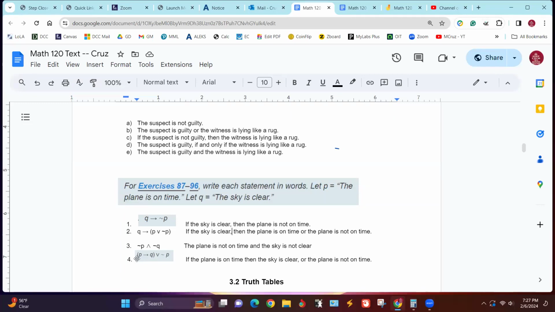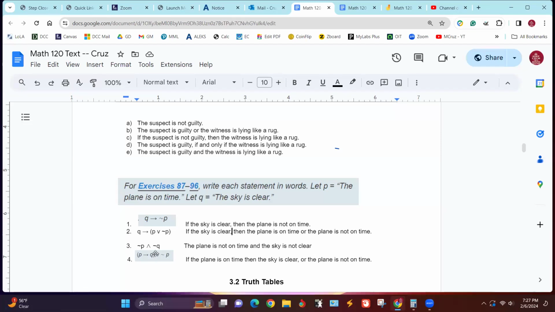All right, now again, we got a parenthetical part here, and the one in the middle is an or now. So this is what we would call an or statement. And so what that parentheses is doing, it's forcing the more dominant one, the arrow is more dominant than the or. So that parentheses is forcing that if P then Q in there to be done first and be part of that or.